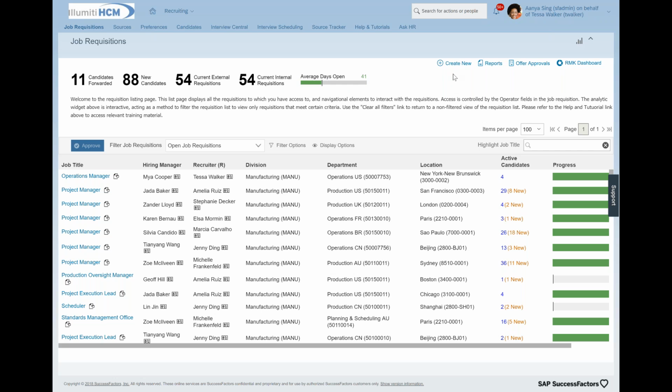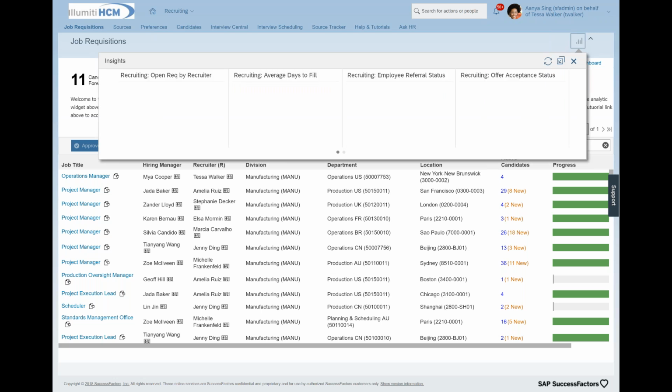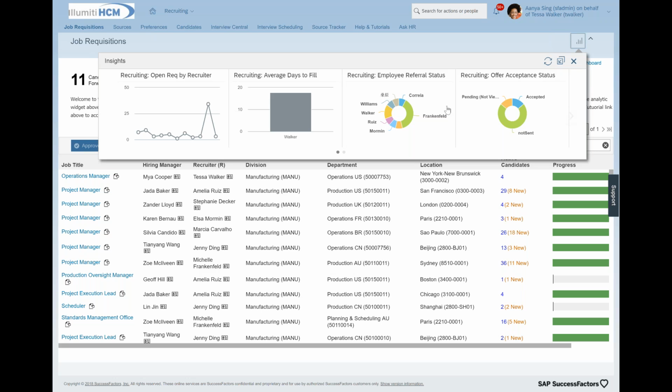Up here across the top, I can click to create a new requisition. I can come in and run recruiting reports. I can review the current offer letters that are out for approval. And I can view some of my statistical dashboard information. In several areas of our system, you'll also see this little dashboard graphic here, offering me statistical insights into the information on the screen. And if I go ahead and click on that tile,